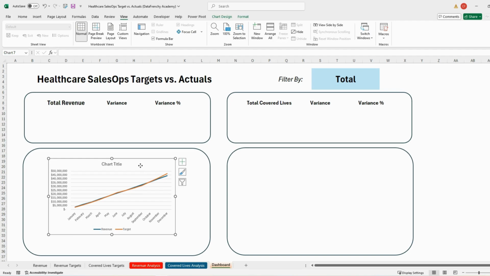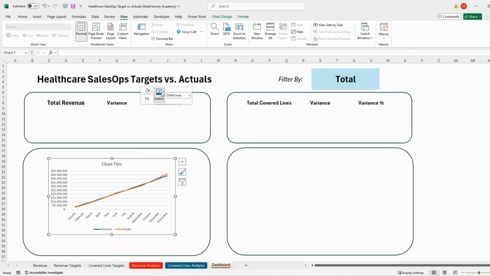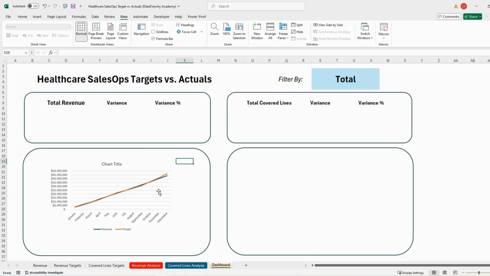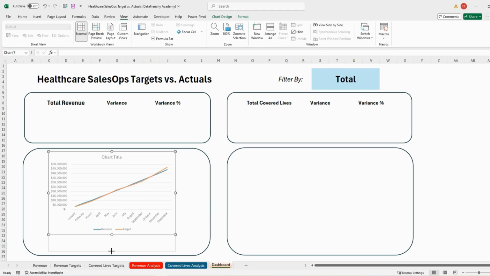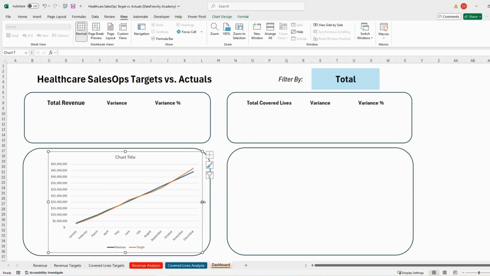So what we're gonna do here is do a couple things. Let's go to outline. No outline. Cool. Yep, no outline because we don't want a border there. And now let's do a couple things. Let's make this a little larger so we take up the whole spot. But you'll see right here, even though there's no outline, if I keep going,